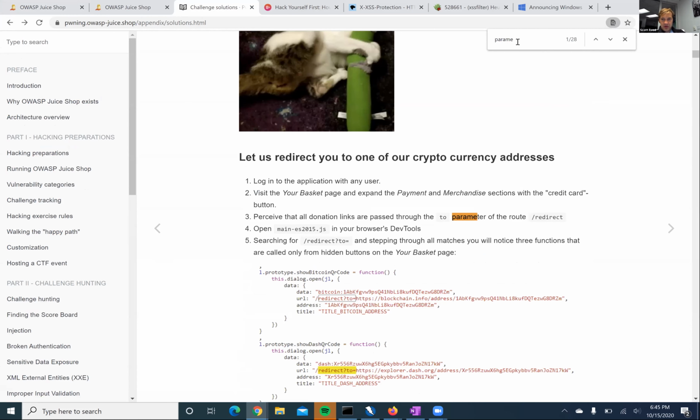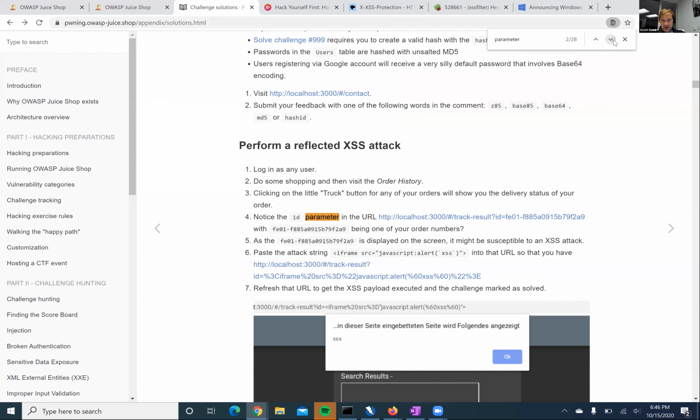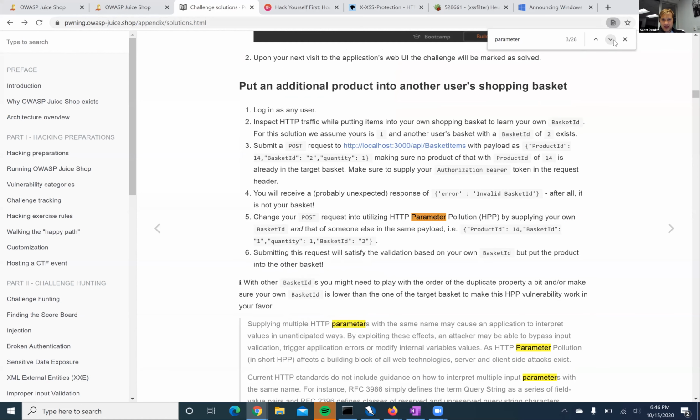There we go. So the cryptocurrency addresses, we already talked about that one. An additional product into another user's shopping basket.